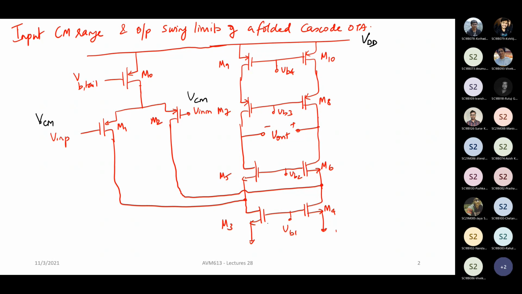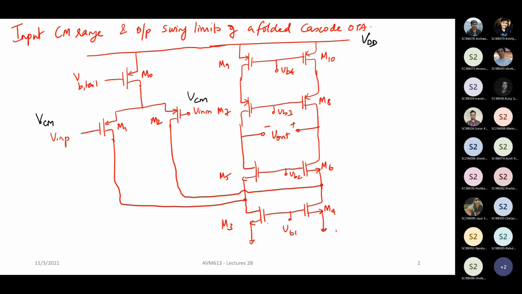If it goes high, what will happen? First of all, this is a PMOS. So far, I think we have mostly seen the NMOS input pair. Please do understand that all the OTA designs that we have seen till now will work with a PMOS input pair, which basically means the whole thing gets flipped around. The 5 transistor OTA can work with the PMOS input pair, which means the tail current source will come on top. The telescopic cascode can also be designed with the PMOS input pair. It's basically the complementary version.